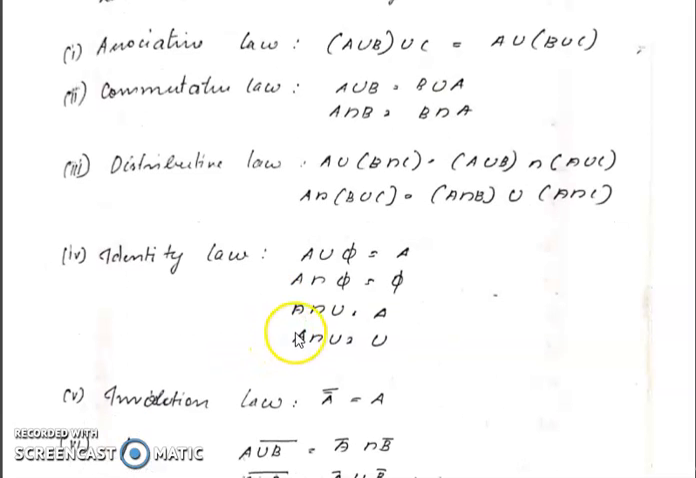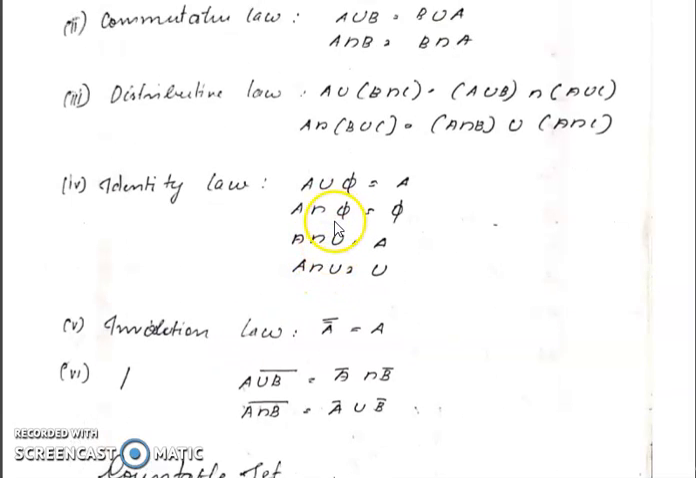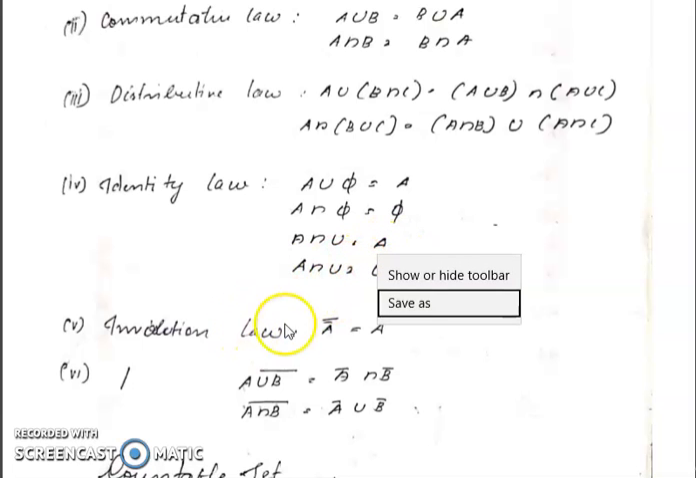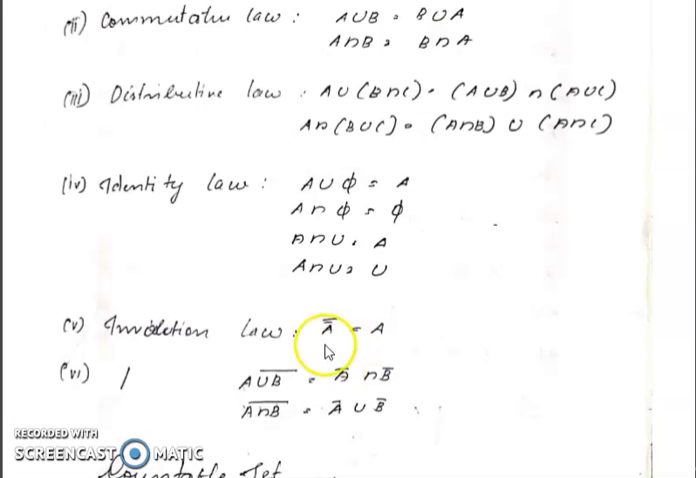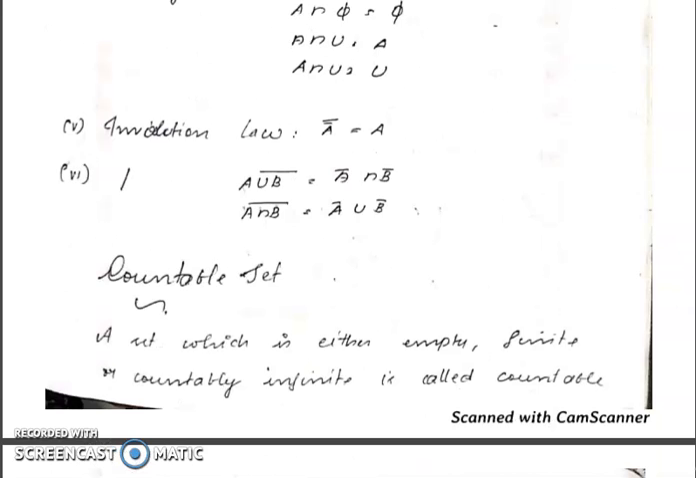Identity law: A union empty set is A, and A intersection empty set is empty set. A intersection universal set is A, and A union universal set is the universal set U, that is the larger set. Then the complement laws: A bar, the whole bar, that is